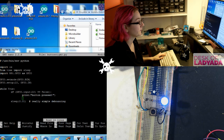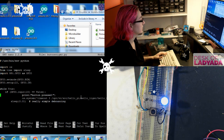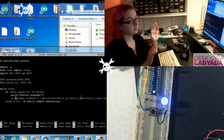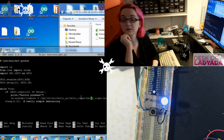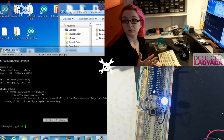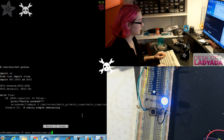So for example, I already got ready a command that it can run. Hold on, let me go back to fewer lines so you can see it. Call os.system. There's also a subprocess management entire thing. And timeout 3 just means run for 3 seconds the Hello Tiger demo on the video screen. So can I go back to quad view? Yeah. So this time when you press the button, when it detects it, it will... I'll have to move this terminal down. Okay, so now when I run it...